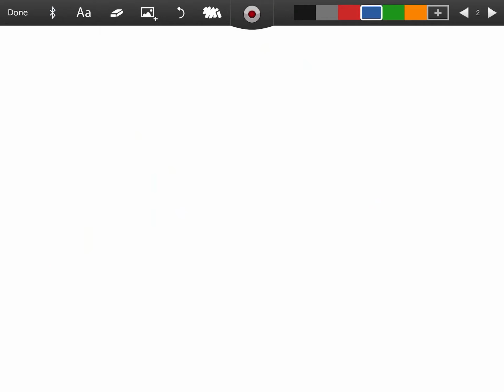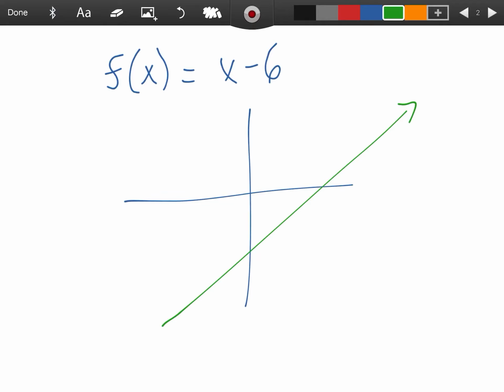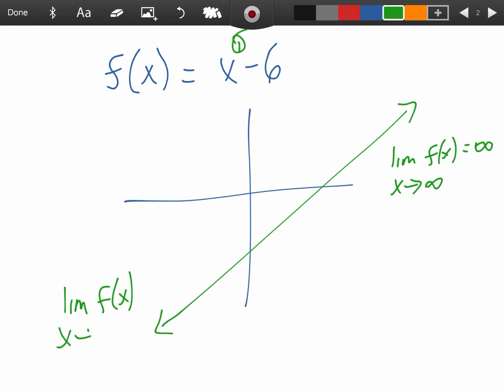Let's take a look at f of x equal to x to the first. If I have x minus 6, I know that this is just a line, the graph of a line with a y-intercept of -6 and a slope of 1. Well, with a positive coefficient, as x goes to positive infinity, my arrow's pointed up, that goes to positive infinity. For my left end behavior, as x goes to negative infinity, my y value is also pointed down to